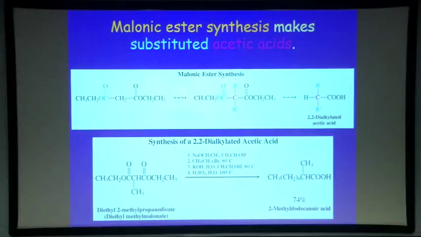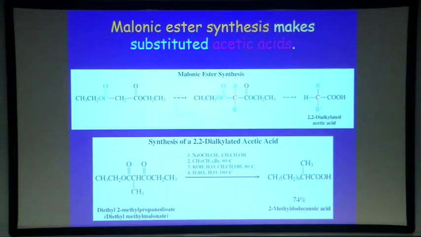So similarly, if we do the propane dioate ester analysis, this is acidic, and we can alkylate once, and we can alkylate twice, and then after hydrolysis and decarboxylation, we have a dialkylated acetic acid. So again, if you have a starting material which is either acetic acid or a derivative thereof, and you need to introduce alkyl groups, or you need to make a compound that has substituted acetic acid pieces at the alpha position, that is the way to go, or one way to go. That is rather simple, because it's simply enolate alkylation chemistry.